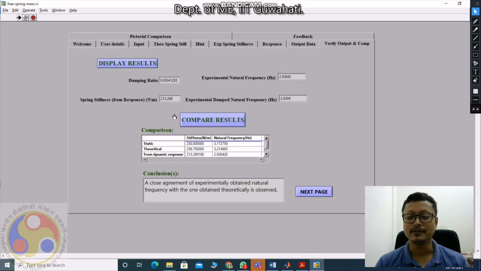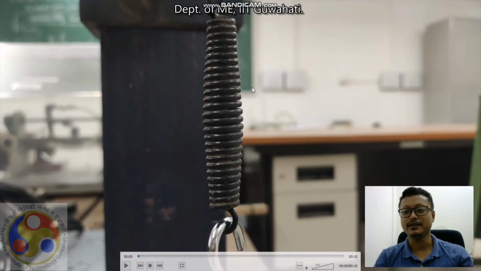Okay. For your report submission, you need to write this data in your report, and for the graphs also you can take a screenshot from here. You can attach it in your report. Okay. Then I will go to one practical experiment of this experiment where I am using a spring which is from a bicycle stand. Then I will add a mass of 4 kg. So how will it be done by me? Let's go there. Okay, this is our practical experiment.